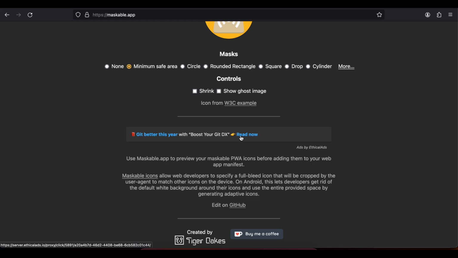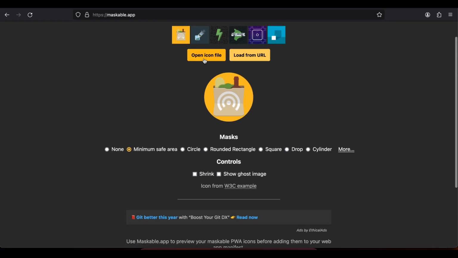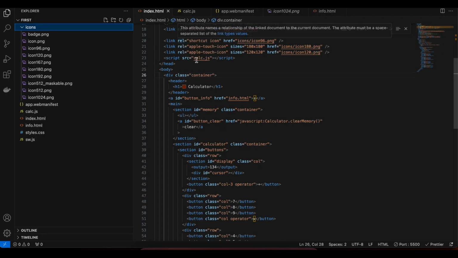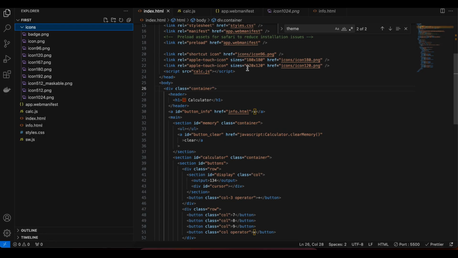you can open icon file and load, or otherwise if you want you can load from URL as well. And for Apple, to show the icon images you have to use something like this, like Apple touch icon, size 180 by 180, and here I am referencing icons 180.png. Similarly over here as well I am using Apple touch icon 120 by 120, icons icon 120.png, then link rel